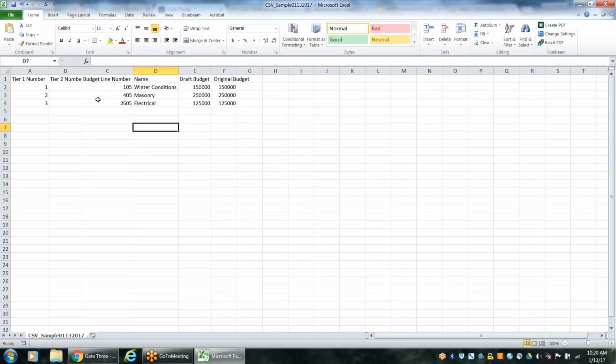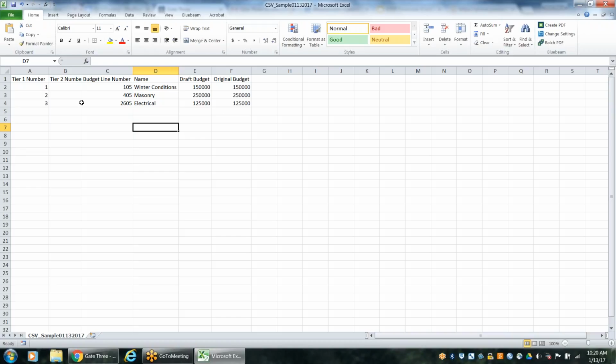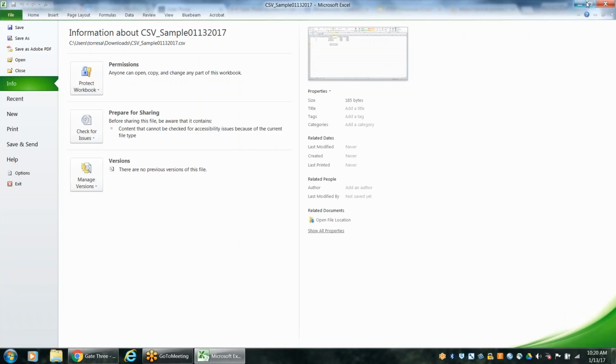So you're going to be breaking out your budget lines as well as putting in the description and then the draft budget amount and original budget. Once this has been set up or you've completed it, it's at that point that you can go into Gate 3,